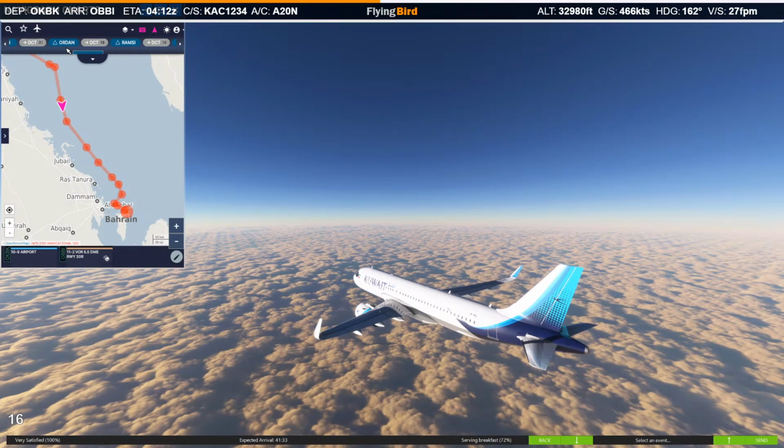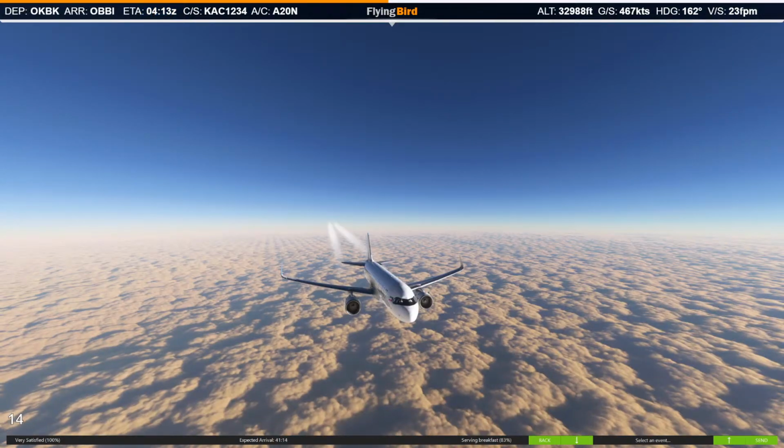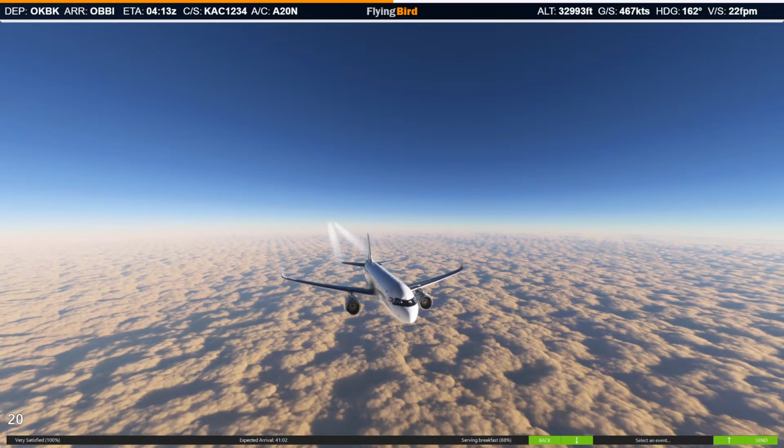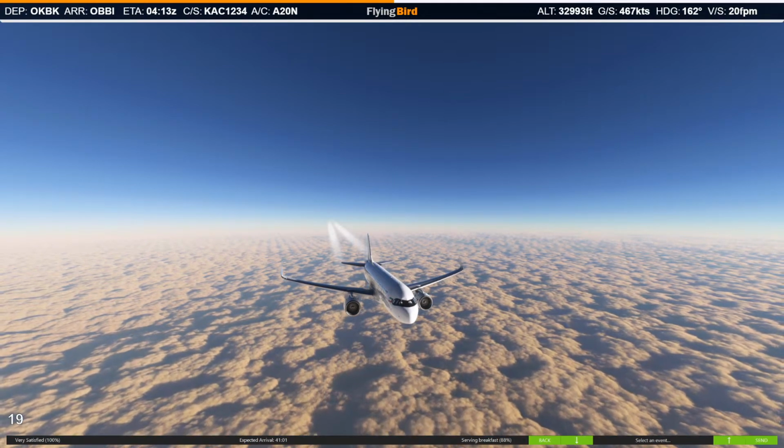Click that, it will show you where is ORDAN, and we have some visual reference from where we have to start our descent. So this is ORDAN. Oh guys, look at the clouds. What it is doing? It is not supposed to show clouds like that. I am not sure. I do not know what is the weather there, if it is very cloudy like we can see here, or